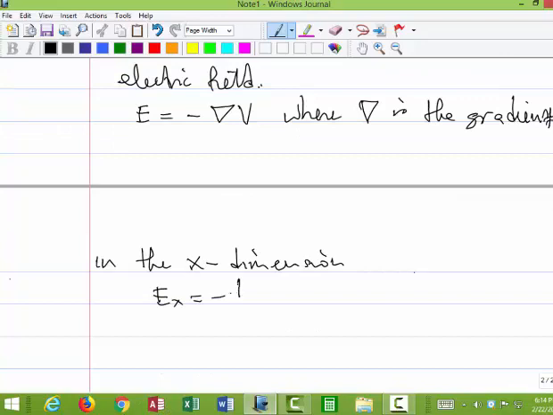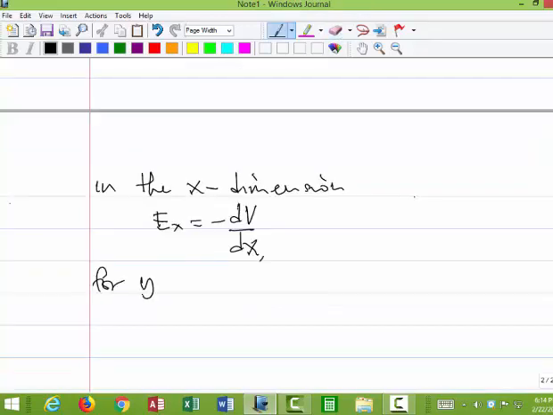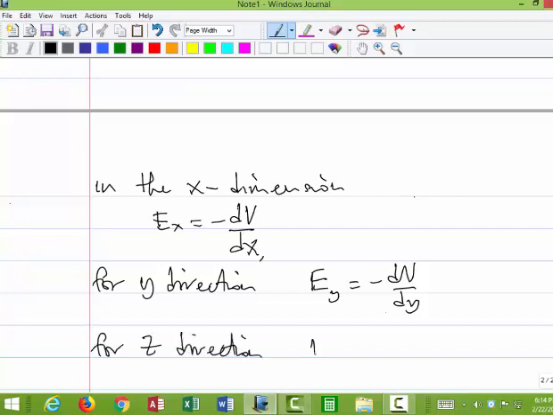In the y direction, E subscript y is minus dV dy,